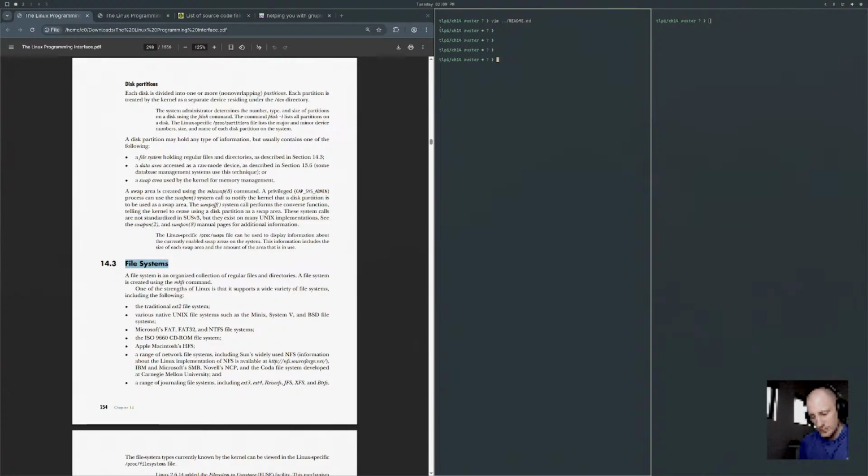Anyways, let's continue reading. A file system is an organized collection of regular files and directories. A file system is created using the makefs command.